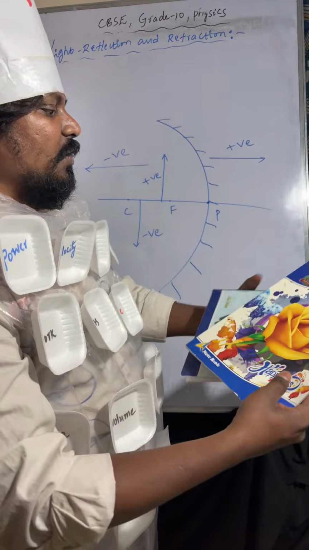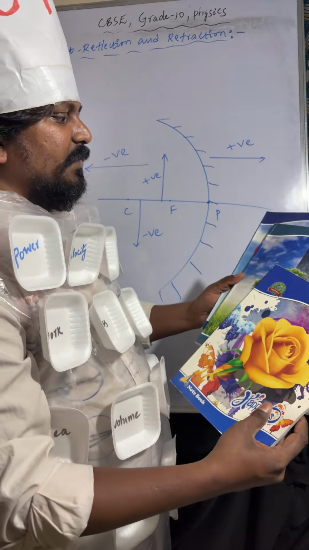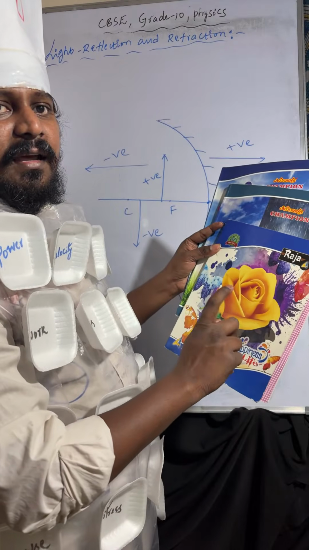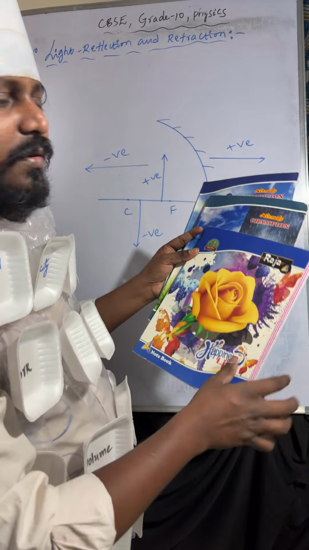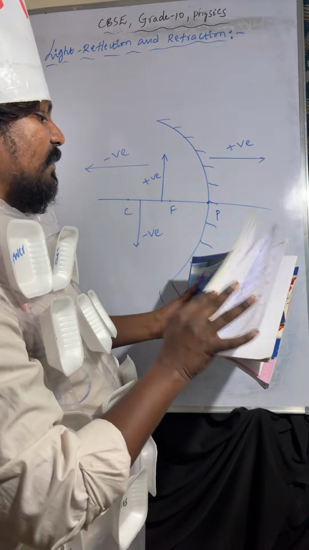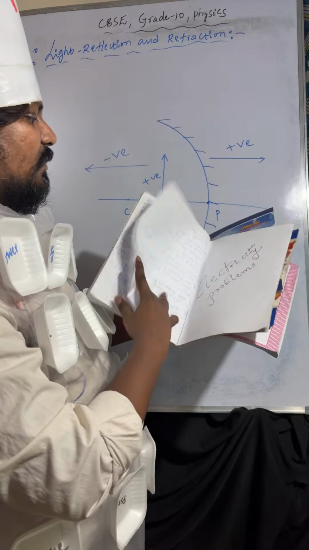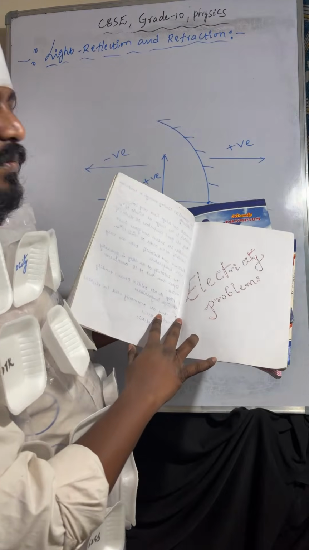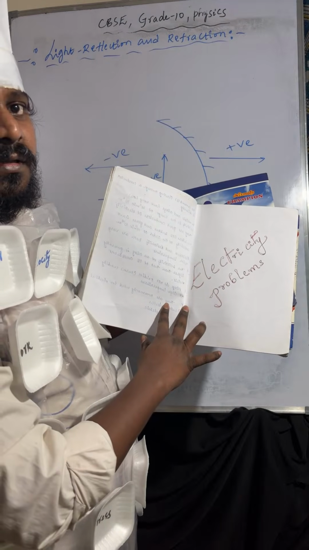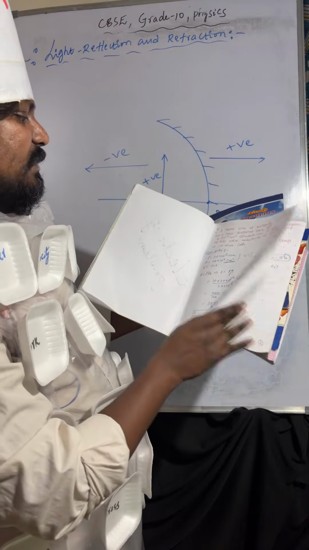These two notebooks are related to problems. This is the electric current notebook. And these two are completely electric current problems. So, electricity problems. You can check once here. Electricity problems. Understood? So you can see all are